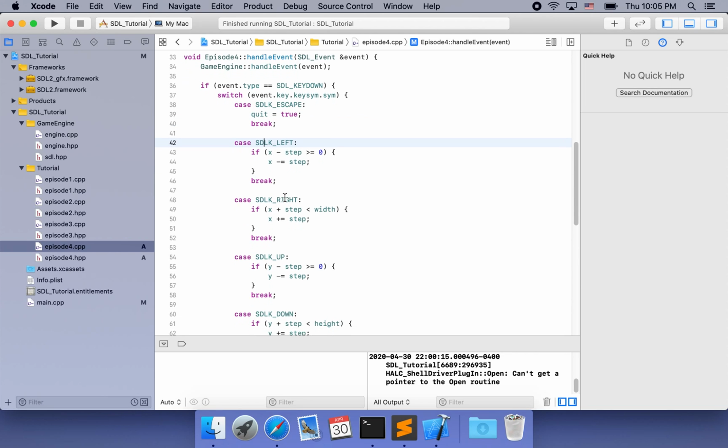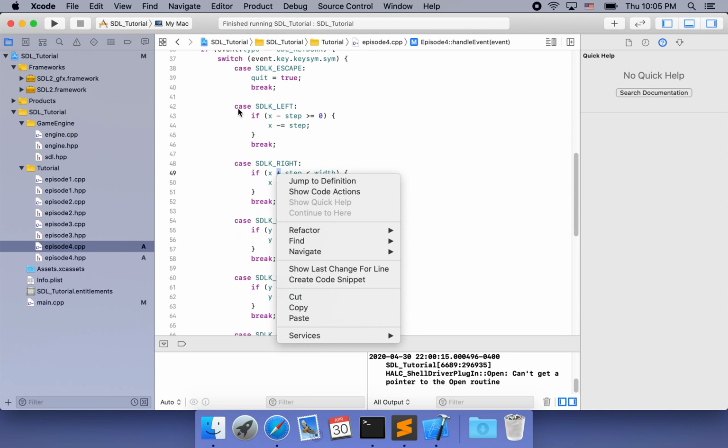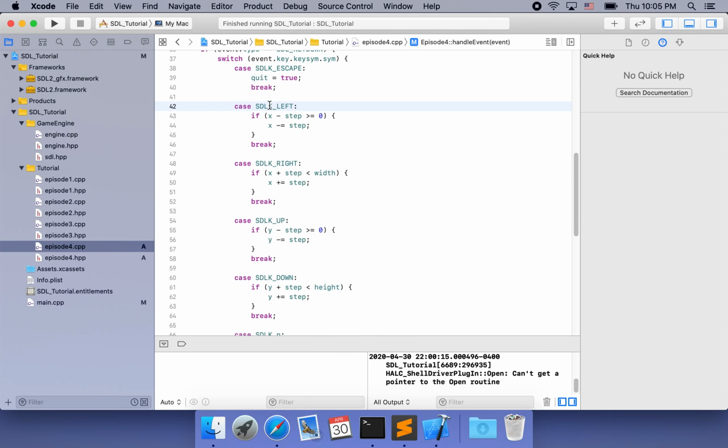Now, next. So the next four cases are the direction keys. For example, left, right, up, and down. In each case, we will handle the position of the center correspondingly. You can see that there was some boundary test. We don't want the center of the dot to go out of the window. So we want to make sure that when we move left, the x coordinate will still be positive or not negative. So that's how we do the update. So that is for the